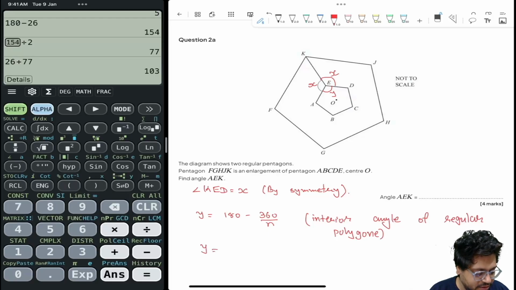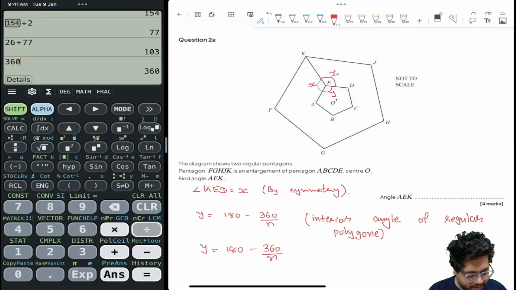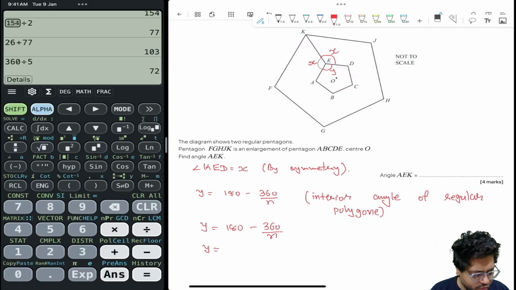Okay, so Y is equal to 180 minus 360 upon 5. Let's do 360 divided by 5, which is 72. So Y is 180 minus 72, which is 108. And now